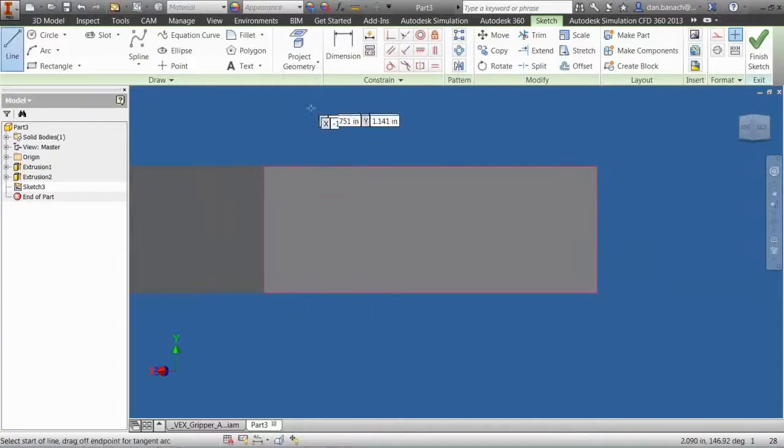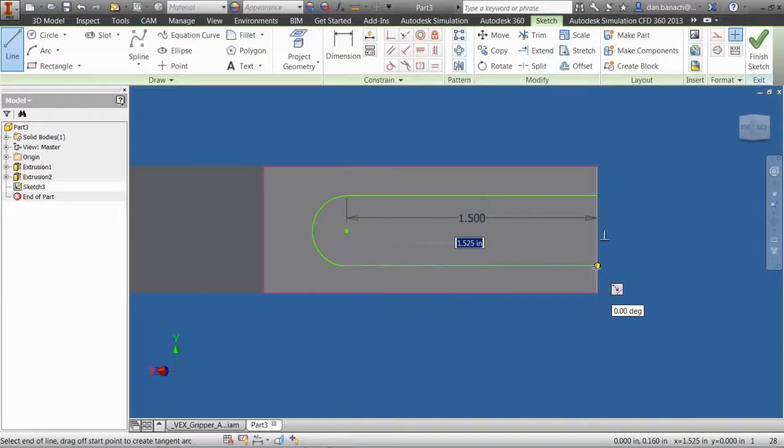I'm going to start up the line command, and what I want to do on this side is draw half of a slot or half of an oblong. So I'm going to move my cursor over the right vertical line, moving my cursor back. Again, 1.5 will be my dimension. Now what I again want to do is draw in an arc, so I'm going to move my cursor back over the endpoint, and you'll notice that the circle goes gray. I'm going to click and hold down the left mouse button while I'm over that point, dragging to the point that it's showing here,